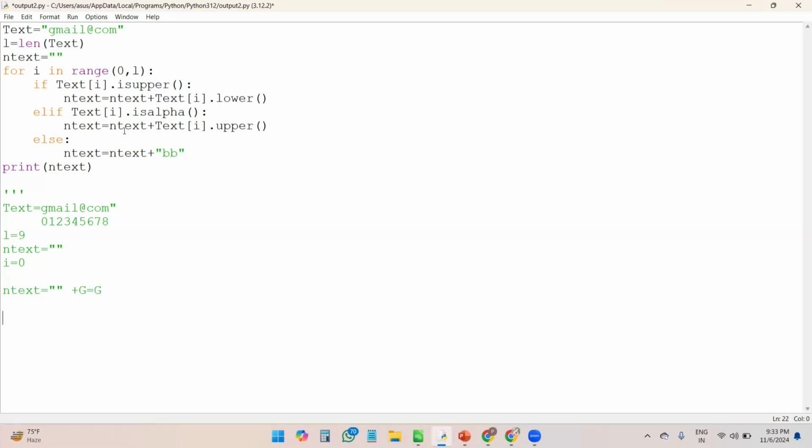Now we move to the next iteration, students. Now my i value is 1. Again, text[1]. text[1] is m. m.isupper()? No. That condition is false. Again, it moves to the second condition. So text[1].isalpha()? Yes. So now in that case also, end text is equal to what? G is already there plus m, because text[1].upper()